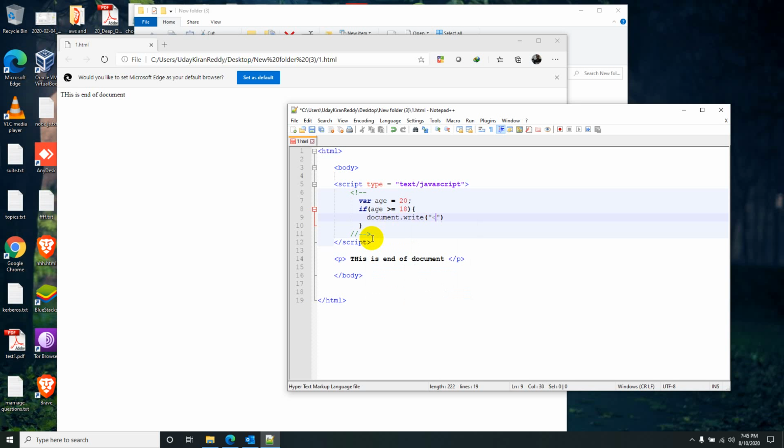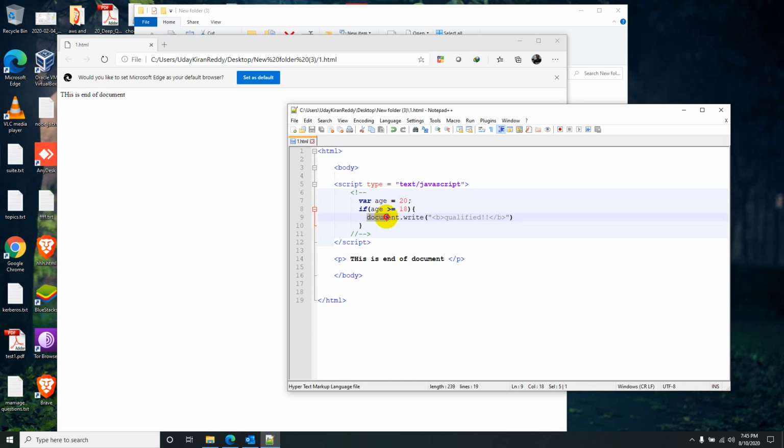Let me keep it bold: Qualified. The script will execute, and I am setting the value 20 here. Now, as this condition is false, this block won't execute. Understood? That's it.